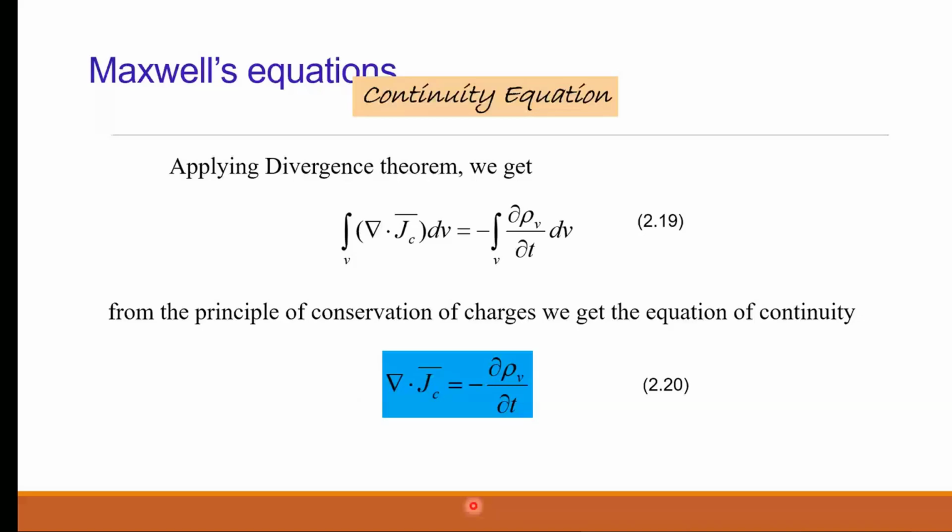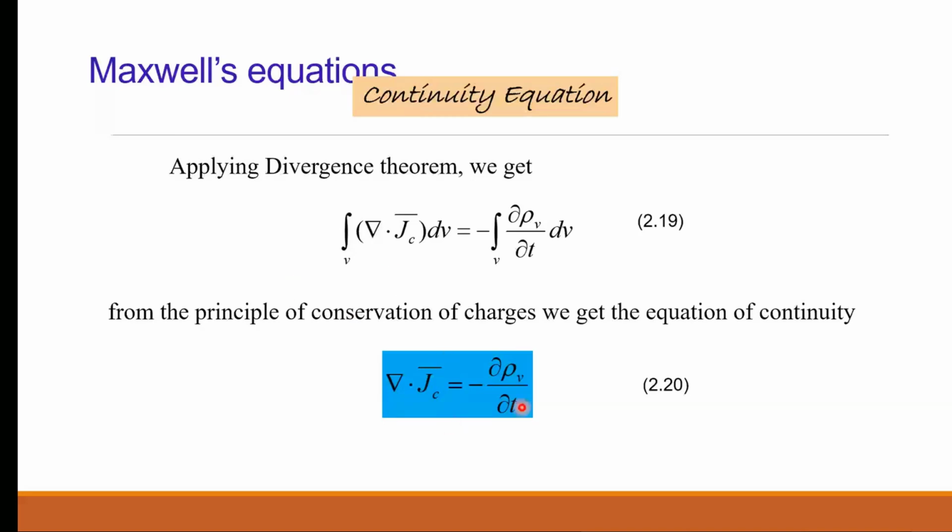Current never becomes zero, or charges never become zero. Either they will convert into the current or the current density, right? So del dot J_c, or del dot J bar, is equal to minus dou rho v by dou t. That is the continuity equation, and it is also known as the point form of Maxwell's equation derived from the continuity equation